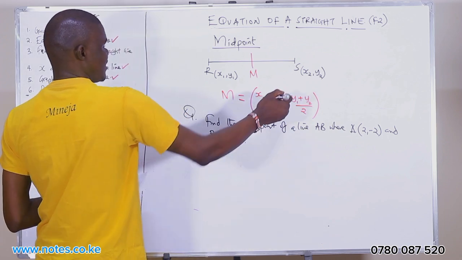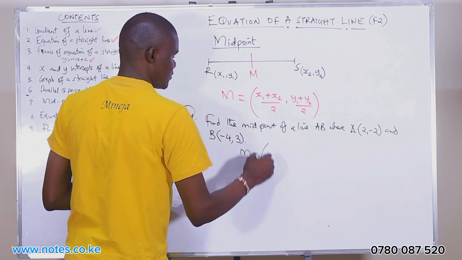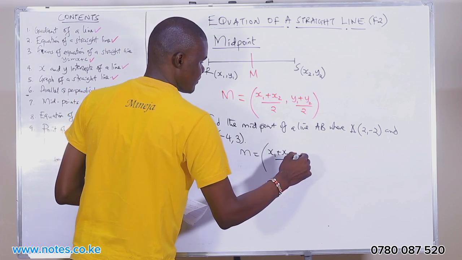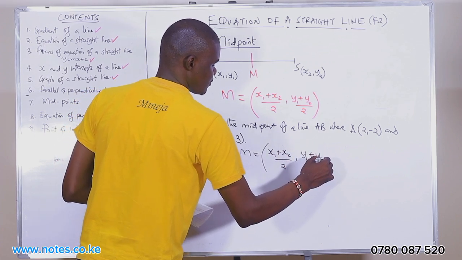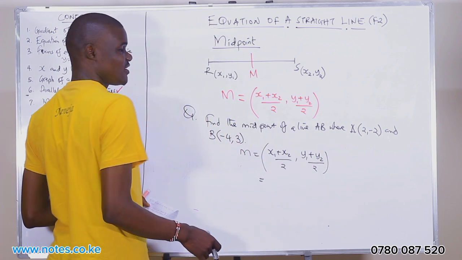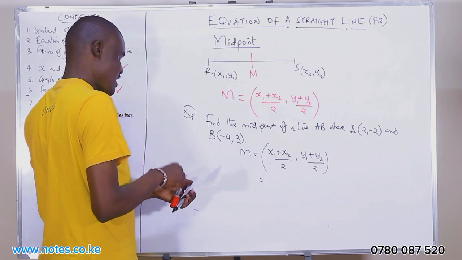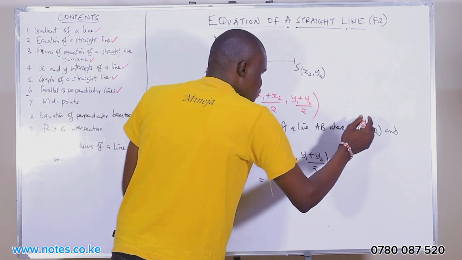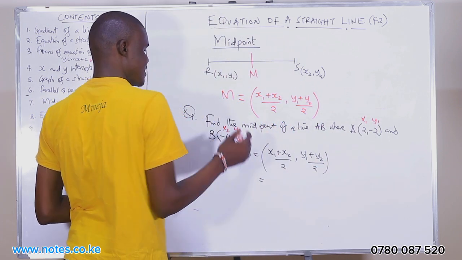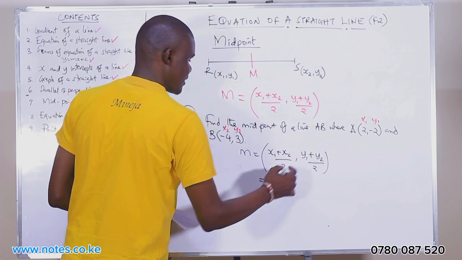So I just said you just write this formula. Midpoint is equals to x1 plus x2 over 2, comma, y1 plus y2 over 2. You replace. In maths, I said it is simple because you are given. I don't even know why you fear maths. You are already given this is x1, y1, and this is x2, y2. Your work is just to substitute. x1 is 2